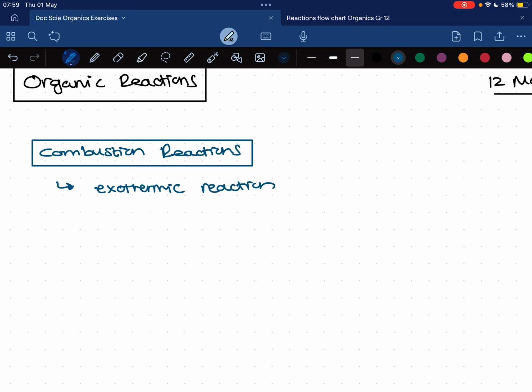Okay, so you must be able to write out a balanced equation to represent combustions of alkanes, alkenes, and alcohols with oxygen. So the general equation is that whatever fuel you are burning, so we'll say fuel, and that fuel can be an alkane, an alkene,